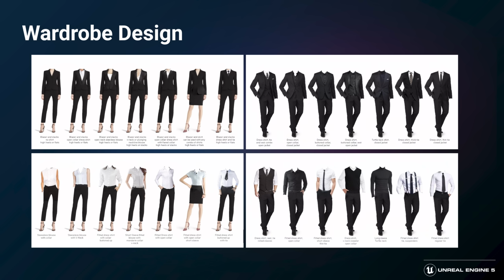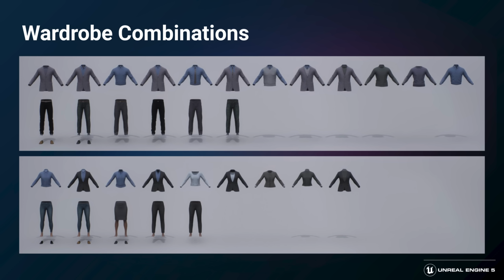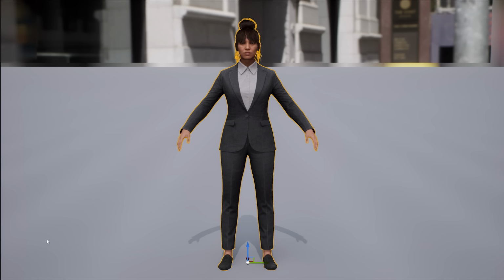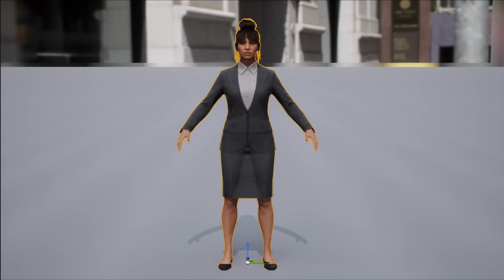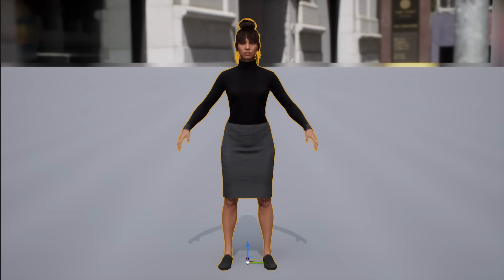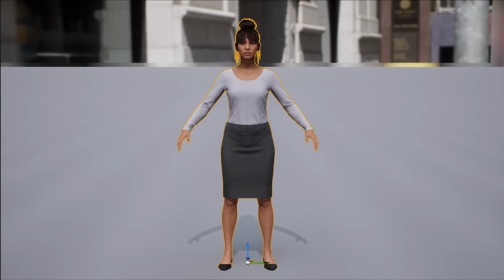To outfit these bodies, we did some design exploration of modular business wear using different necklines and silhouettes to maximize variation. The resulting meshes, skirts, jackets, pants, shoes, and accessories were layered in different ways to generate these outfit components. Here again, the aim was to maximize variety with a minimum number of meshes. Some pieces came from the MetaHuman Creator, while others were custom created using a traditional Marvelous Designer, ZBrush, and Maya